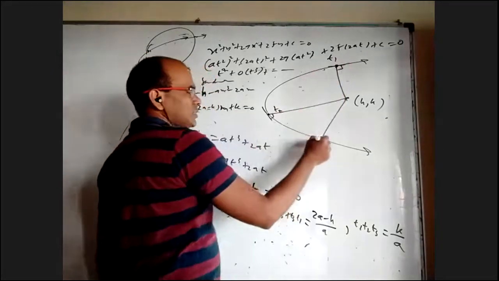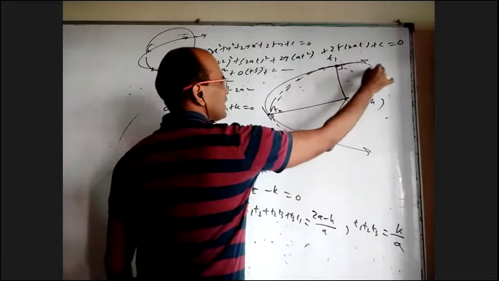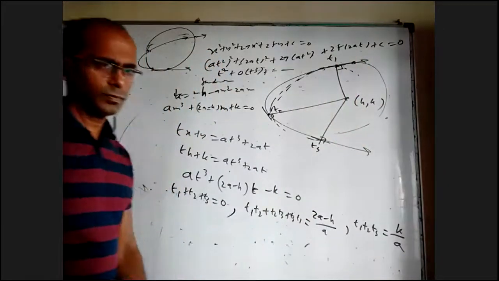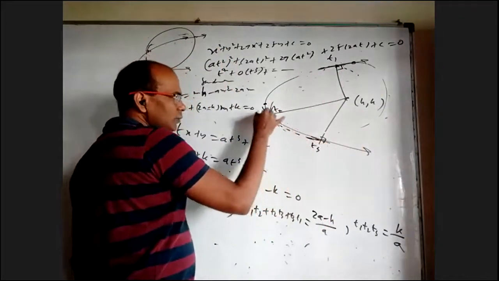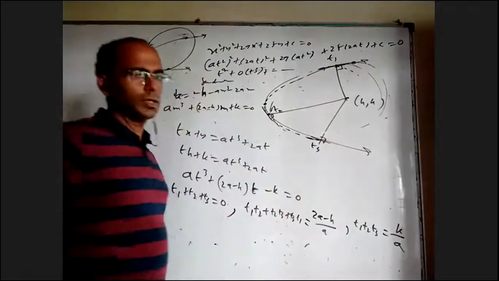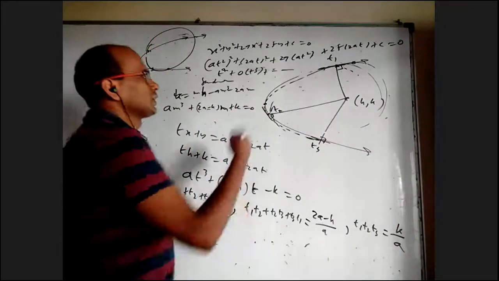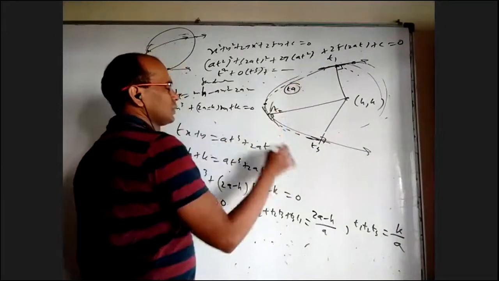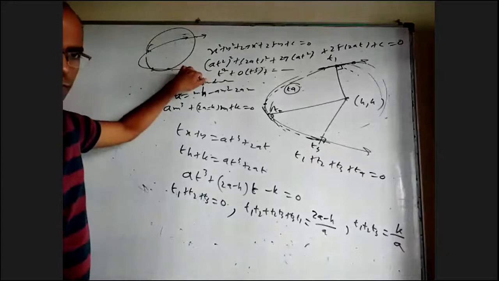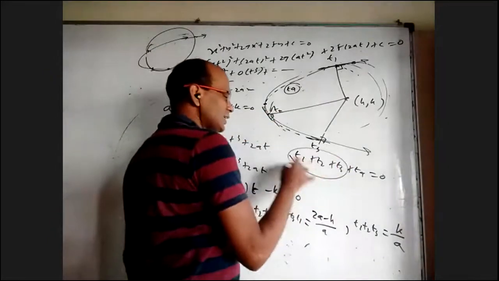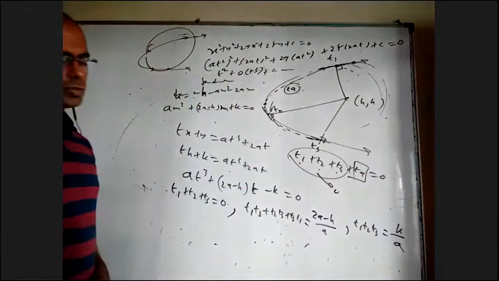Now there's a way to combine these two. Whenever 3 co-normal points are there, you can draw one circle passing through all of them, and that circle will definitely intersect the parabola at one more point. If you draw that properly, that will always be the origin. So your circle will be like this. Why should the circle passing through these three also pass through the vertex? The fourth point, I'll call it T4. Just now we studied that T1 + T2 + T3 + T4 should be 0. And according to co-normal points, T1 + T2 + T3 is 0. So T4 alone must be 0.